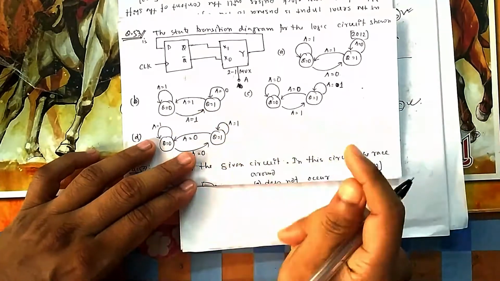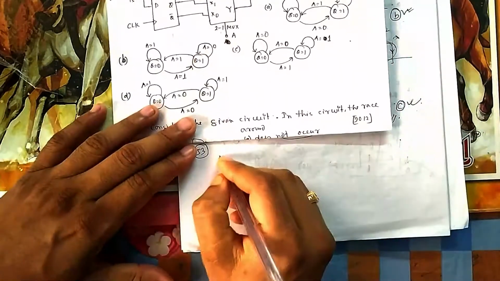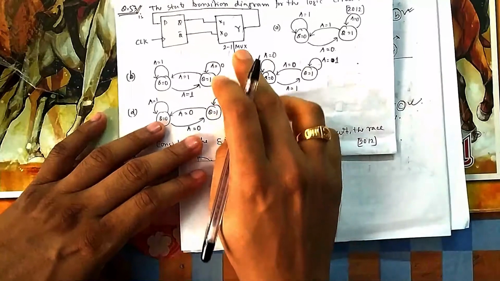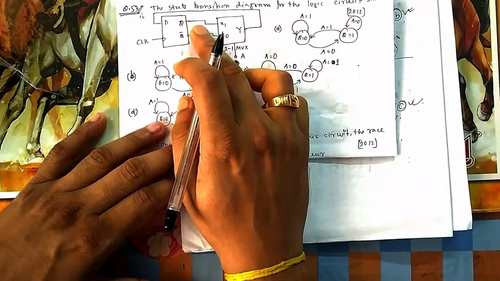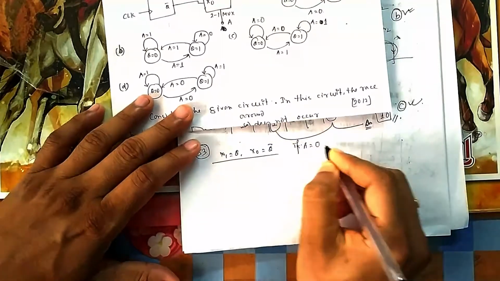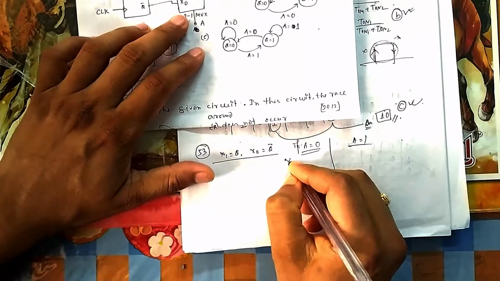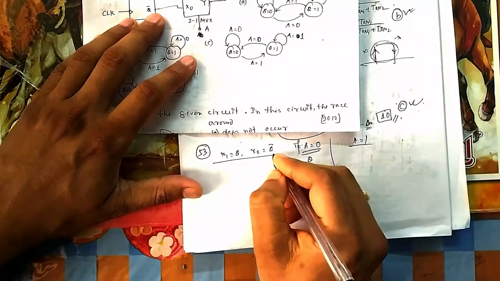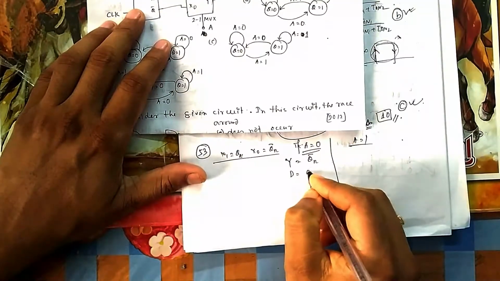You can try with 0 1 and all these things, writing a truth table, or you can simplify it also, because your x1 is Q. You can see x1 is Q and x0 is nothing but Q bar. So depending on A, you check what your other values are. So if A is equal to 0, there are two cases possible, A equal to 0 and A equal to 1. If A is equal to 0, then what will be your Y? Because it is 0, the 0 line will be selected. So Y will be equal to nothing but your Q. Suppose this is at Qn, so your D is now at Qn bar.